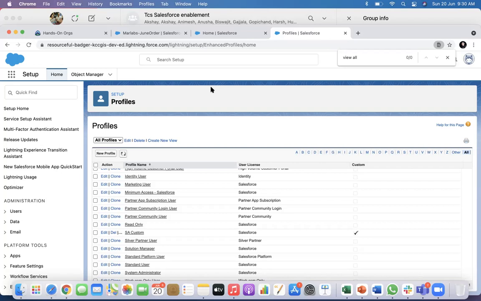No, role has nothing to do with field level security. Role is for record level security. We will discuss this in detail in the next class. If you need field level security for different people, then you have to give a different profile or a different permission set to these two users. Role hierarchy has nothing to do with field level security. Role hierarchy has nothing to do with profiles. Role only gives record level security. But if you are talking about field level security or object level security, only 2 things: profile and permission sets.